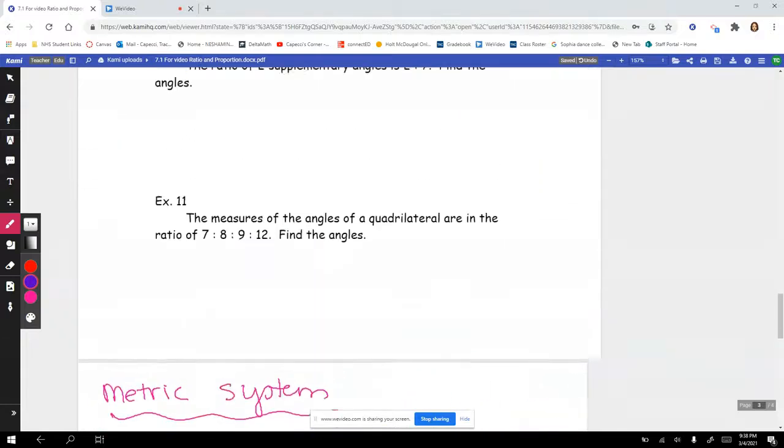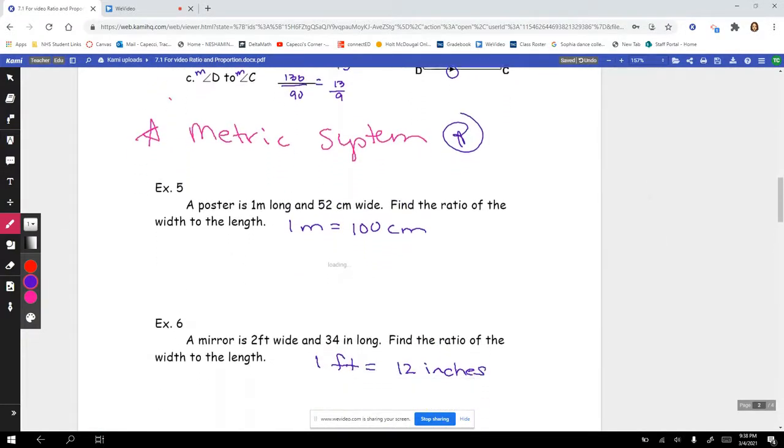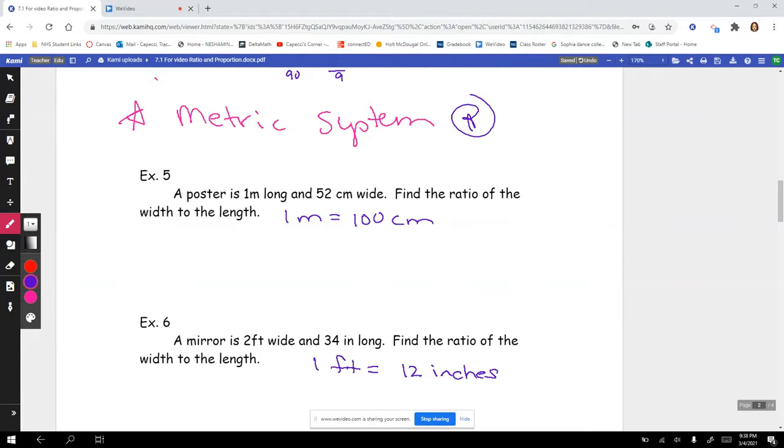Okay, so now let's see. We're going to use that a little bit here. Say a poster is 1 meter long and 52 centimeters wide. Find the ratio of the width to the length. Now, what I like to do is write the words first. Again, the width is listed first, so that's my numerator, over the length is my denominator. And I know that my width is 52 centimeters. And I know my length